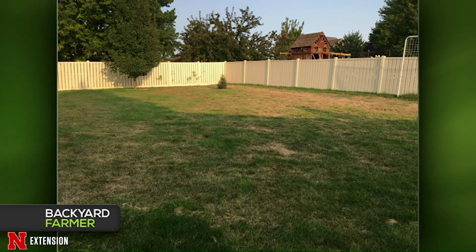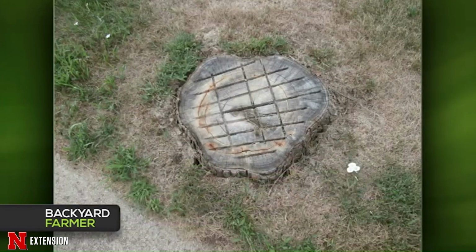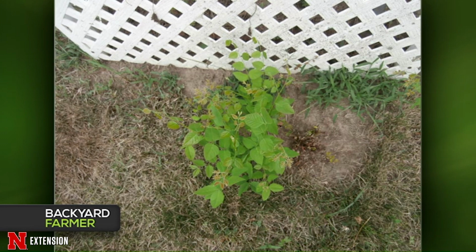All right, your last 2 here: this viewer cut down a locust, and your second picture is, of course, what that locust is doing for revenge, which is coming up all over the landscape. How do they kill the suckers? Well, in the first step, it looked like they were playing intense tic-tac-toe, but on this one, that locust has got a huge root system on it, and they're going to have to hit it a